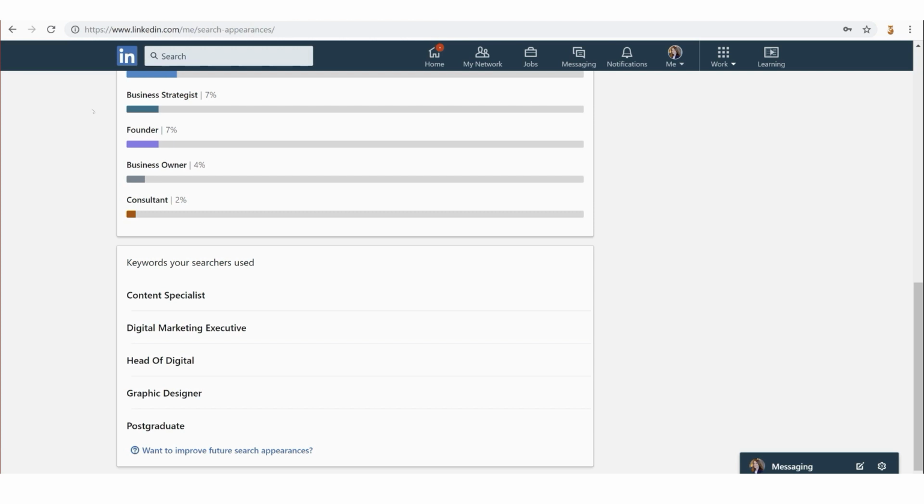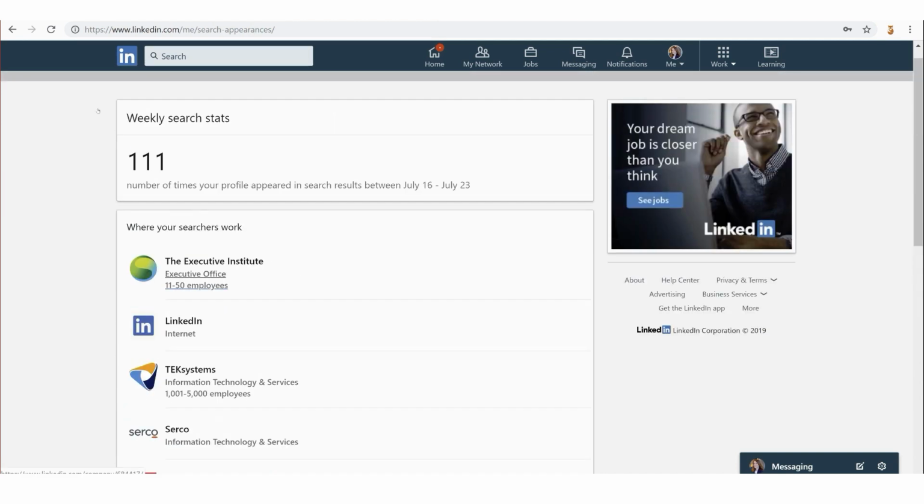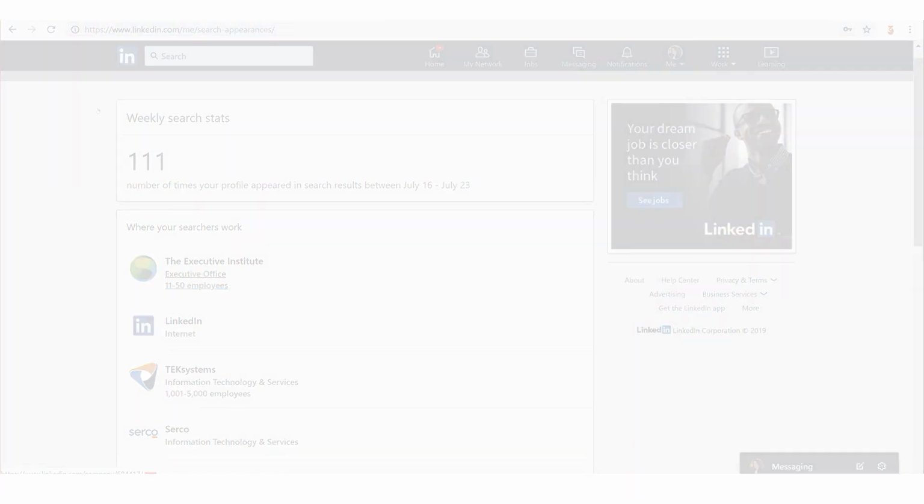So imagine if you are working in accounts, but your profile has only appeared 7 times and there's no word that it keeps on appearing for, then this section will be blank. But this is a really good reflection of what state your optimization is in, and is it relevant for what you do now? Or are there words appearing for previous jobs that you did and you're trying to move away from those sections? So I would strongly suggest that you keep an eye on this section every week and have a little look at where your searches work, what your searches do, and what keywords you're appearing for. So that's it for this section.